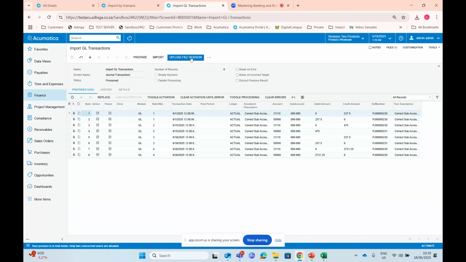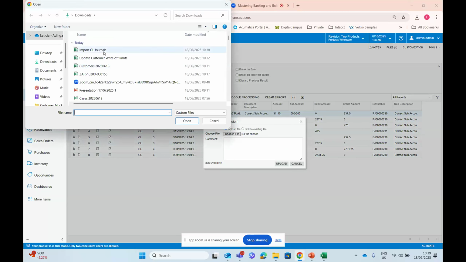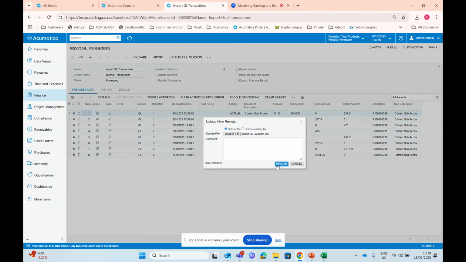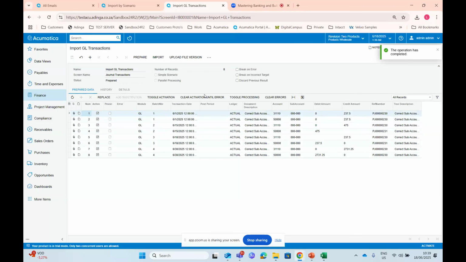Okay, let's say I'm going to import the file again from scratch. I'm going to click on prepare. I know now I've made this journal imbalance, but let's say I did not know. Someone gave me the file, I'm going to import this. And you do have an option to say break on change, or you can just import it like it is.